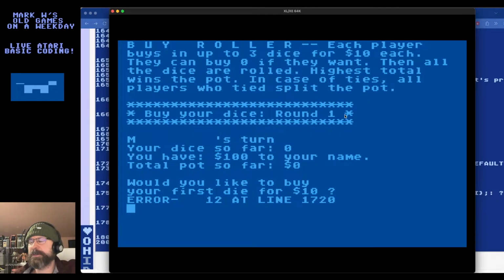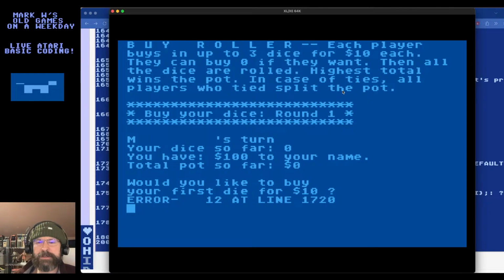Now, what I actually did was sitting at a Starbucks, over a week and a half ago, about. I dropped off my son at a charity event that he likes to do, and so I was working on this a little bit. I just wanted to clean up the presentation of the buying dice part, because it was really ugly at the time. It's really easy to make things look ugly in this unless you're careful. So I spent some time cleaning up, and this is kind of what it looks like now. It's a little bit better.